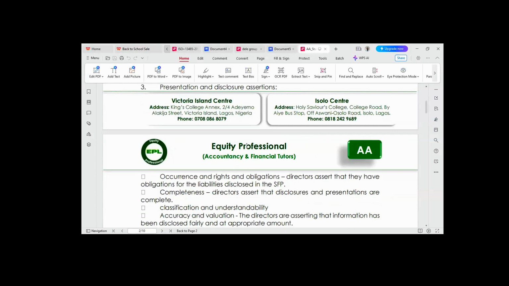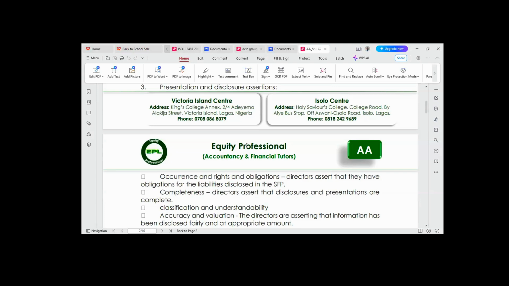So directors must assert that they have obligations for the liabilities disclosed in the statement of financial position. So all those information that they have inputted in the statement of financial position and statement of profit or loss and other comprehensive income, they are correct. That's what we are saying: occurrence, rights and obligations. They have completeness. So the auditor will also test that all the necessary information that is needed have been